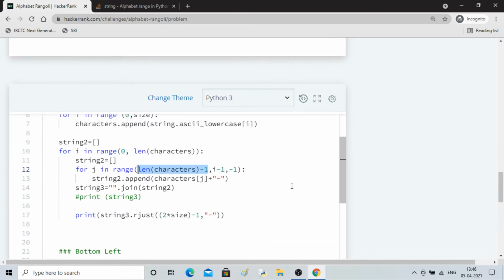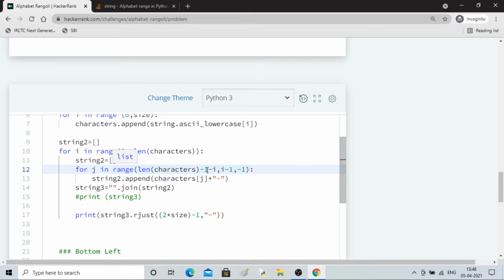I will start from 0, and here I can put i minus 1.